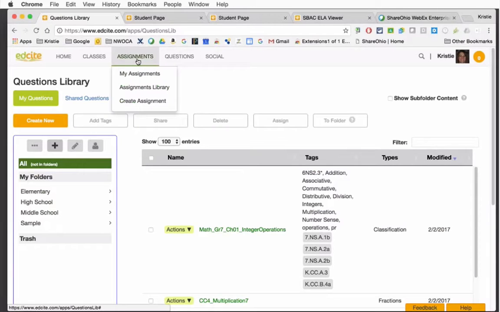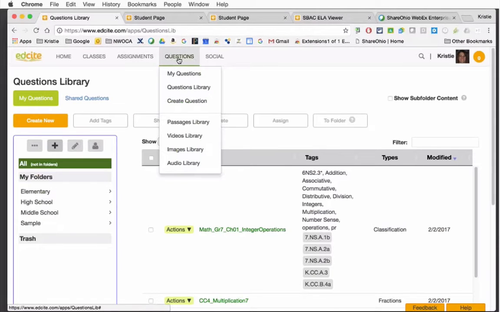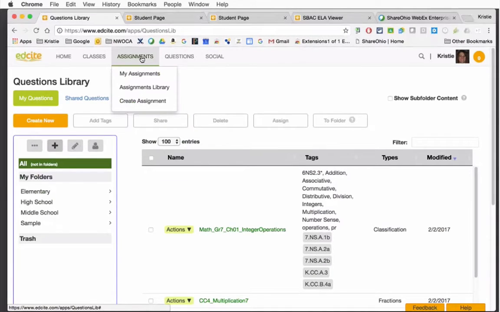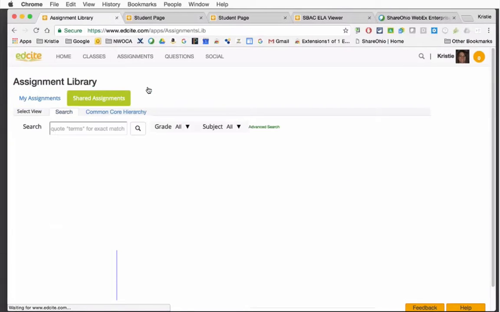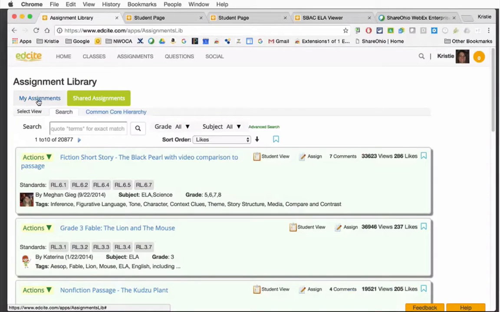Following along those same lines as questions, as we prefaced at the beginning, we have my assignments, which are private to you. You have your assignment library, and then you're able to create your own assignment. So pretty much the same thing as questions, only these are assignments. Of course, the assignment library is always somewhere I look to start first because they're ones that are already created. So I have my assignments,